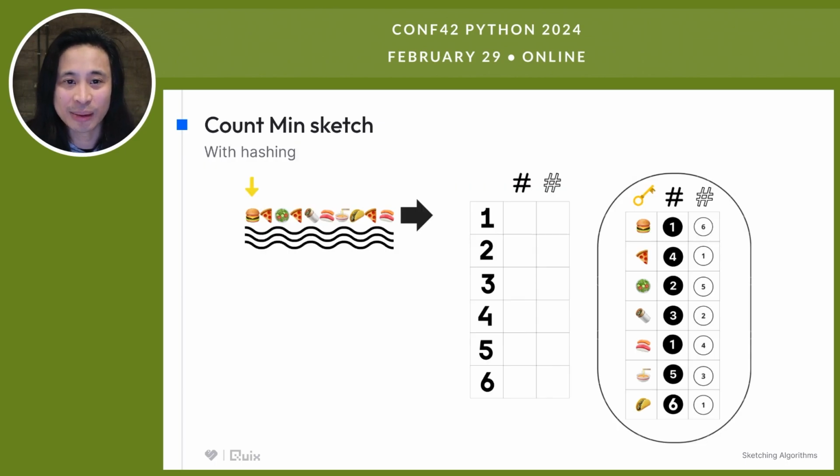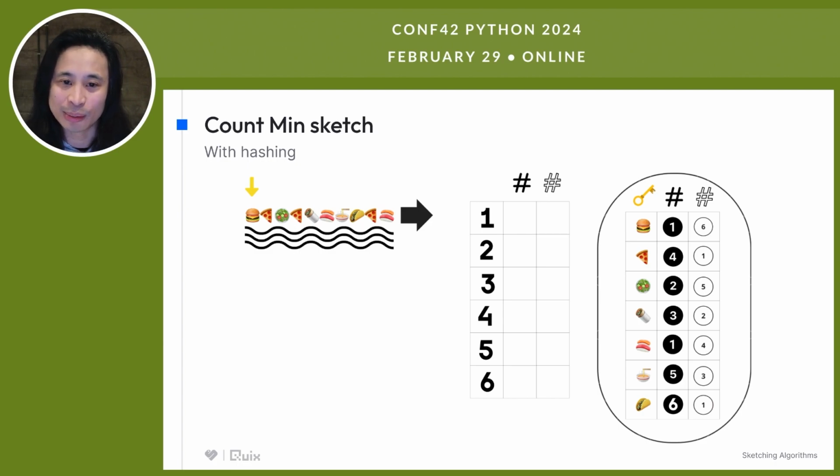So let's see an example with hashing, which is a better representation of the count min sketch. In this example, rather than taking the exact representation of the food item, we'll run it through 2 hashing functions. You can see that there on the right, we've got 2 of the columns, each of which represent the hashing function and the number that they return. And we're going to use this to know how to store it in the data. It's kind of like encoding a burger as 1 and 6 and storing it in the data structure here in this array in the middle.